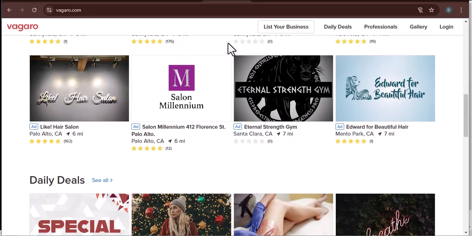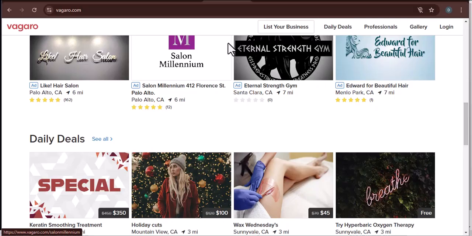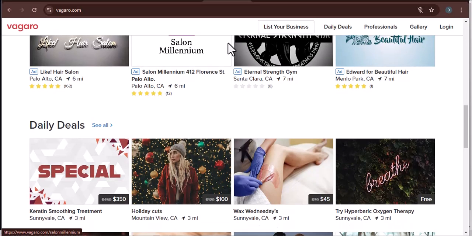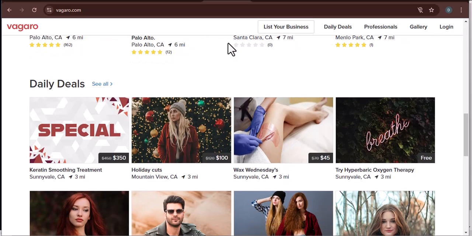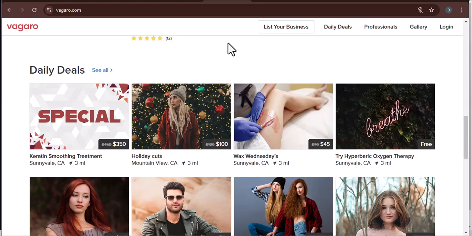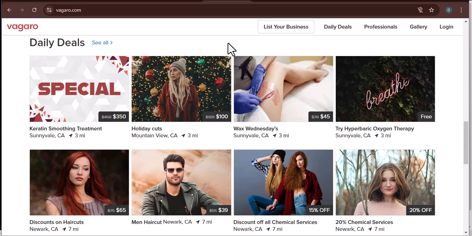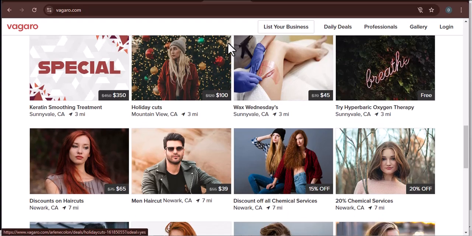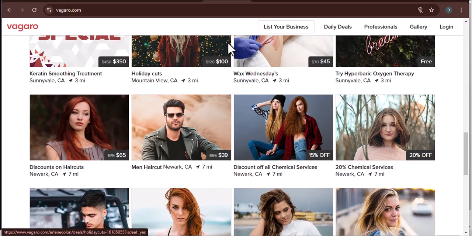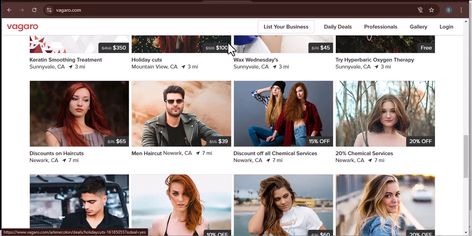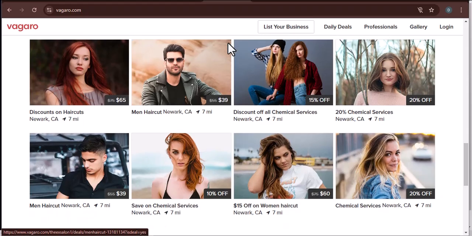For more nuanced situations, consider utilizing Vagaro's Client Notes feature. While this doesn't directly prevent a booking, it's an invaluable internal tool. You can add detailed notes to a client's profile regarding their history, specific requests, or any issues encountered. This serves as a warning system for you and your staff. If a client with a history of difficult behavior attempts to book, these notes will immediately flag them, allowing you to make an informed decision about whether to accept the appointment. This is particularly useful for managing clients who aren't outright bad, but require a different approach or have specific sensitivities.